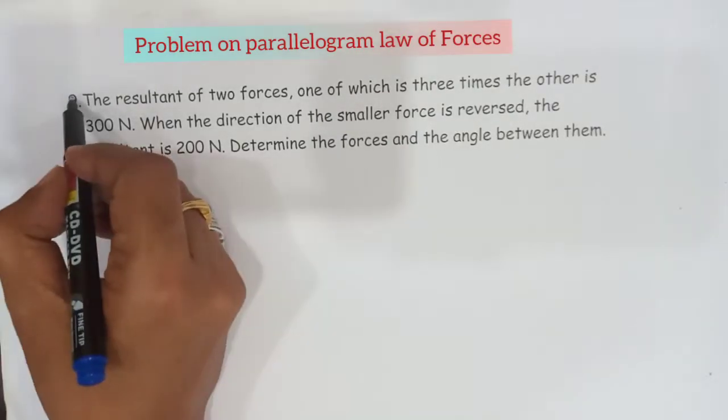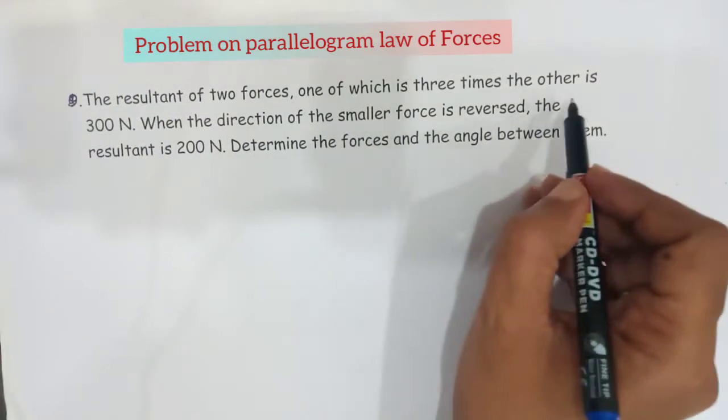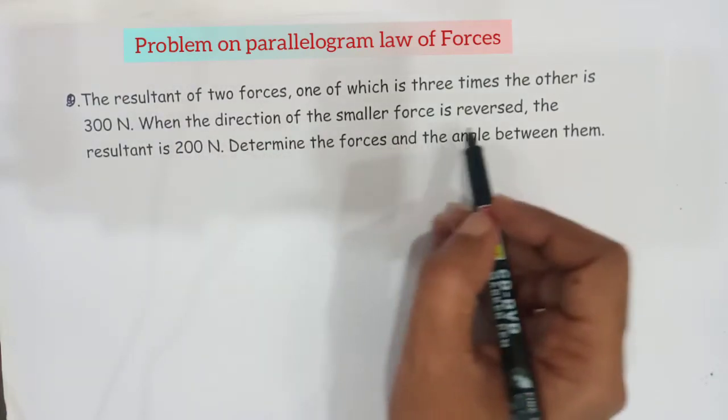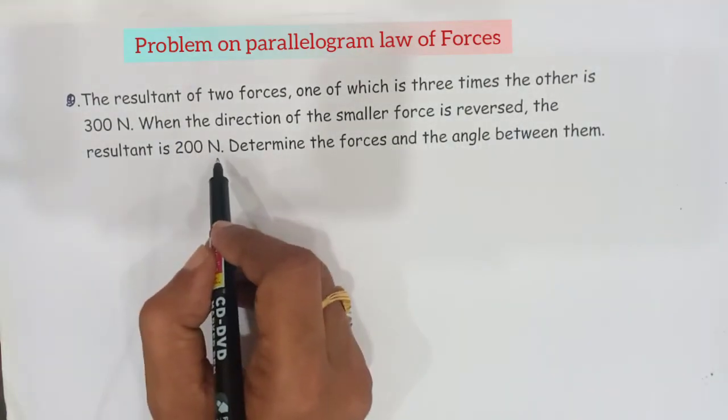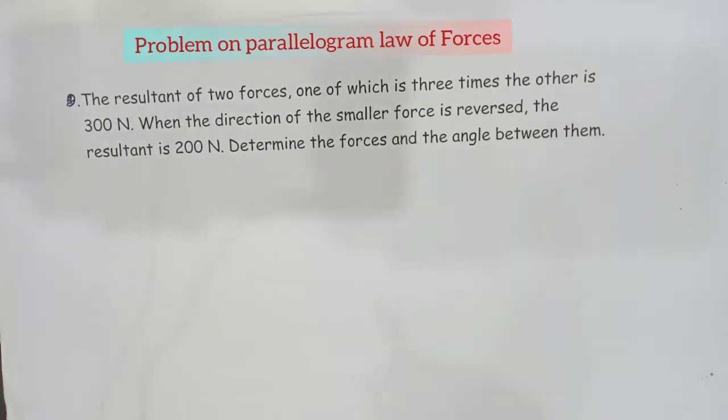The given problem is: the resultant of two forces, one of which is 3 times the other, is 300 newtons. When the direction of the smaller force is reversed, the resultant is 200 newtons. Determine the forces and the angle between them. As I said in the earlier video, if only two forces are given, then we can use the law